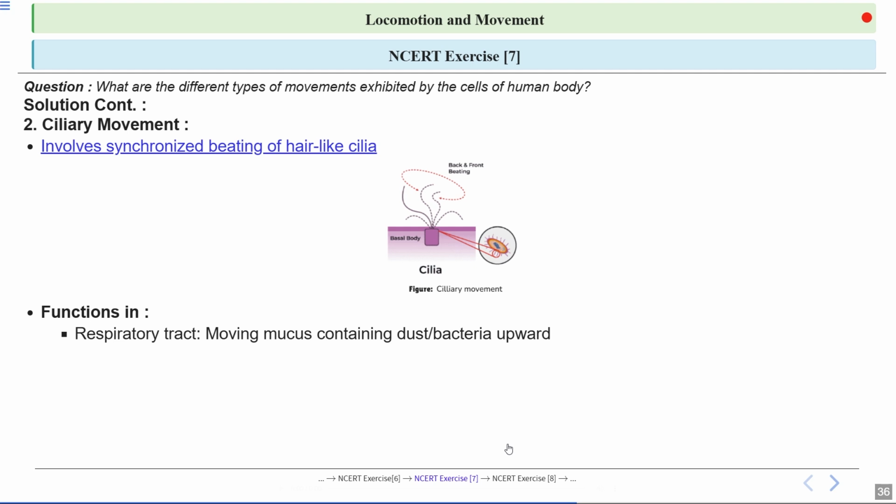Now, in the respiratory tract, cilia move mucus that traps dust and bacteria upward away from the lungs. So, it's like an escalator that constantly cleans our airways, helping to protect us from infections and keeping our lungs clear. Now, in the female reproductive system, cilia in the fallopian tubes help move the egg cell towards the uterus. So, you can think of this as a conveyor belt gently carrying the egg to where it needs to go